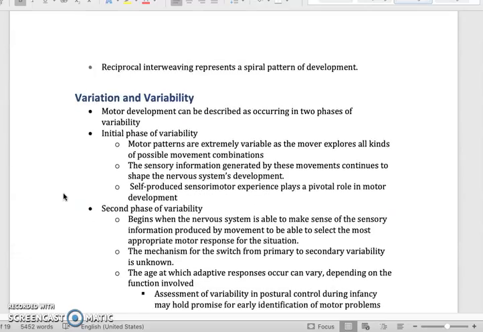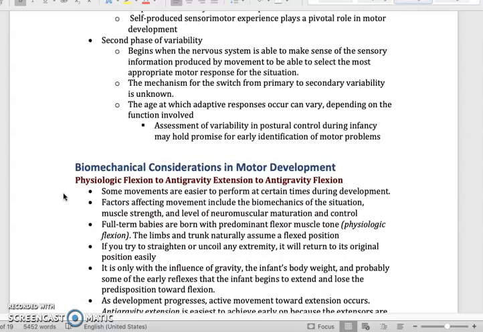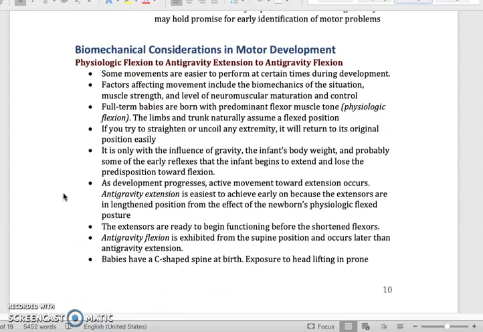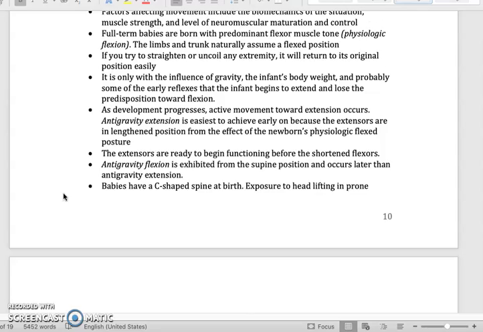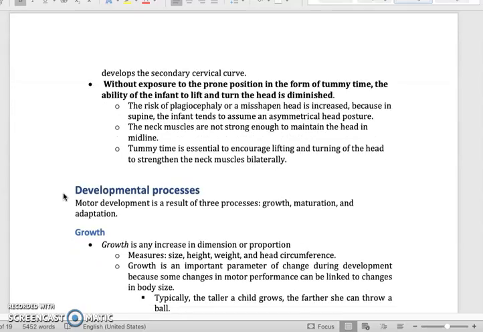Let's move on down. Those terms are there for you, not something that I'm super interested in you knowing. I am pulling out the things that are important to me. So just again, remember that when a baby is born, they are in physiologic flexion just because of the position in their mother's womb. And they learn how to move into extension against gravity, and then they get this balance eventually, and they learn how to flex. So that is what is important when we think about our children. Those bullet points are important there. I want you to read through those as well.